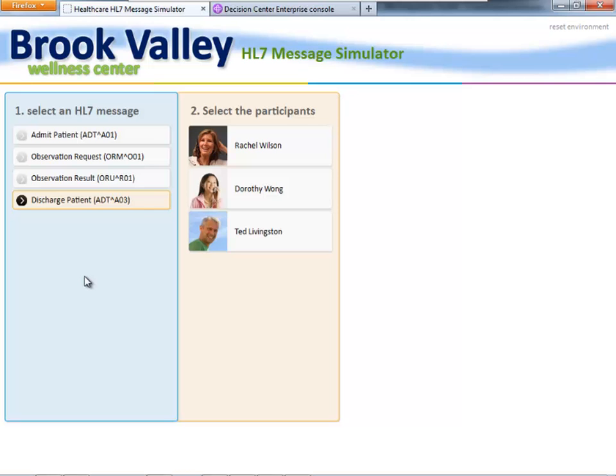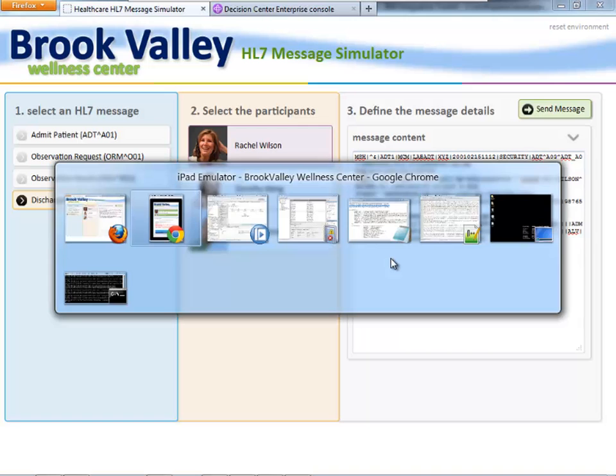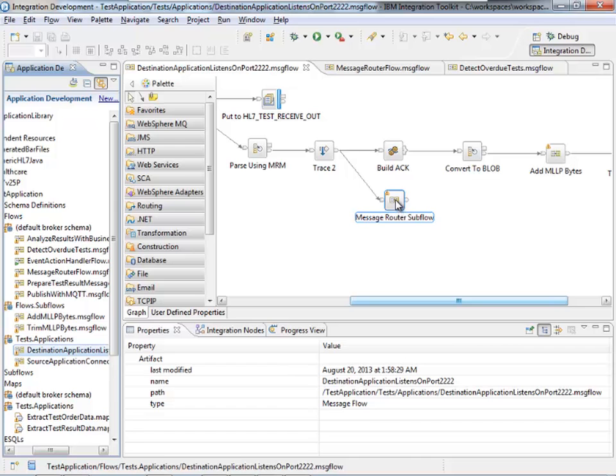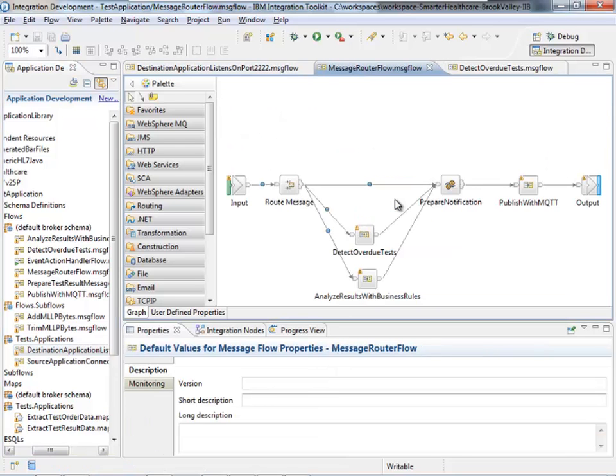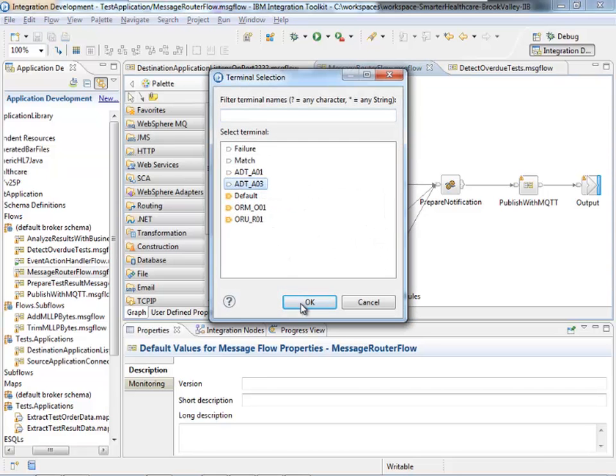So maybe these blood results came back and Dr. Bloomfield decided she just needed more sleep. I don't know what it was, but let's now send out our discharge message to indicate that Rachel is ready to go home. And you can see here's our ADT A03 message for Rachel Wilson, pulling out some of these pieces inside of our message. Now in this case, we don't really have anything special to do over and above what we did for our admit. So let's come into our message router and add one more line here from our ADT A03